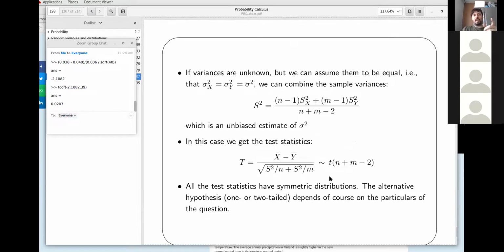If we know that they are the same, then we can just use the normalized sample variance and come up with a test statistic there. The problem with this is that these are not usually assumptions that we can make. The best we can do, and we'll talk about that next lecture, is to first test whether it's reasonable to assume that the variances are the same. If we come up with a test for the sameness of the variances, and we conclude that yes, we can assume that they are the same, then we can take the sample variances here,